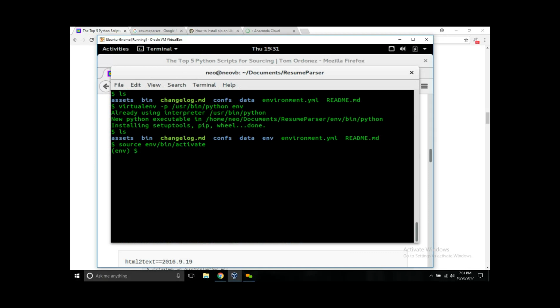And that will change the prompt from a dollar sign to (env) and a dollar sign. Your prompt might be different because I changed my prompt. By default, I think it shows your username and your computer name, like at the top of my screen. It usually says Neo, my username, at NeoVB and then the dollar sign. But I made a change in my configuration to only show the dollar sign, which is shorter. Okay, so we created the environment,